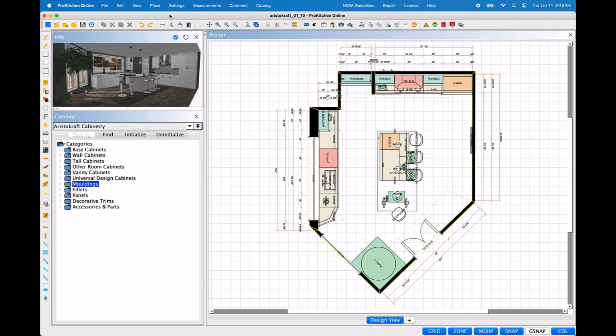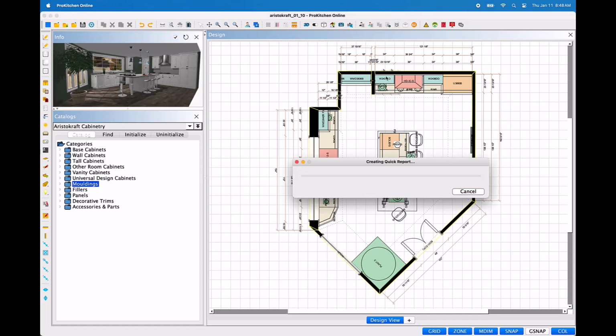Prior to creating this report, make sure all information is complete in design settings, all global specifications are correctly set, and that all report parameters have been corrected. Select the Quick Report icon to begin. A dialog box will appear letting you know the Quick Report is generating. This may take a few moments as the software gathers all aspects of the design to be generated onto this